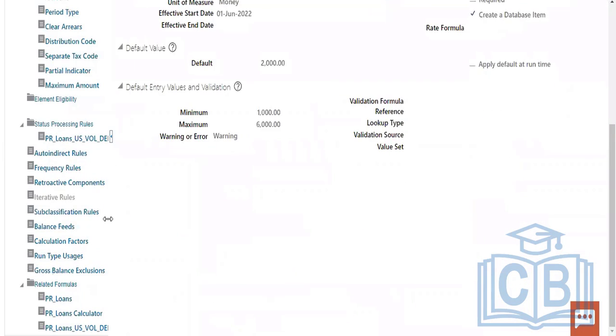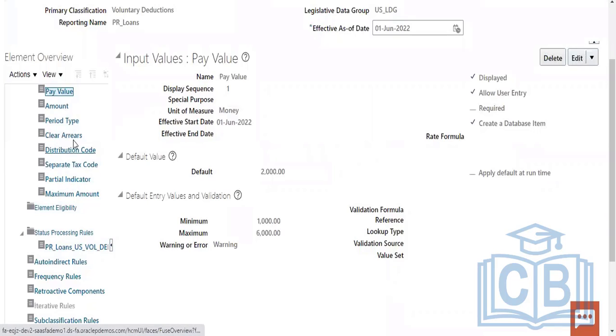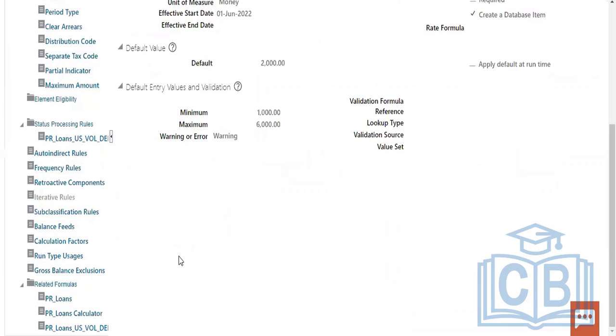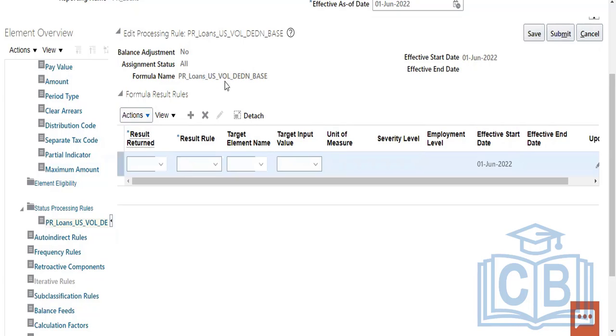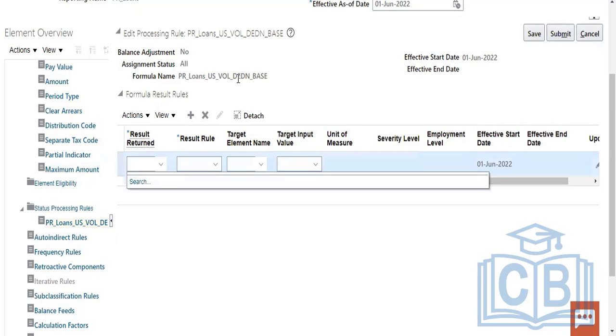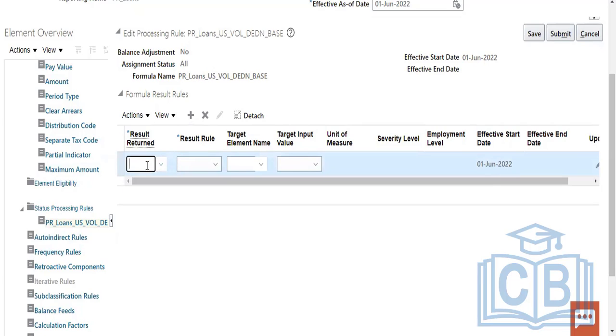Done. Okay. Now go to, what is it? Create. That means with what formula name you're going to process. This is the default formula that is attached to it. This is the fast formula that is attached to it, right? So the return amount, whatever is the return amount in this formula, mostly it's like